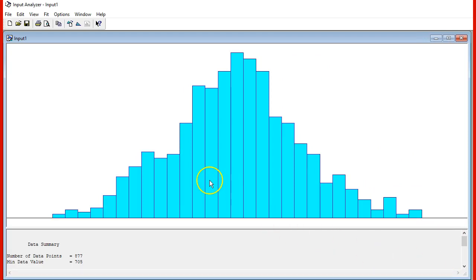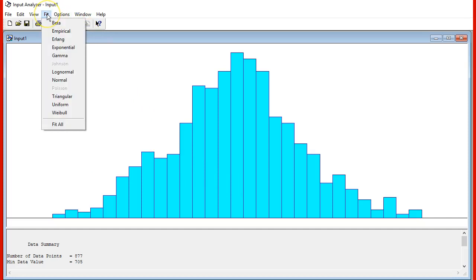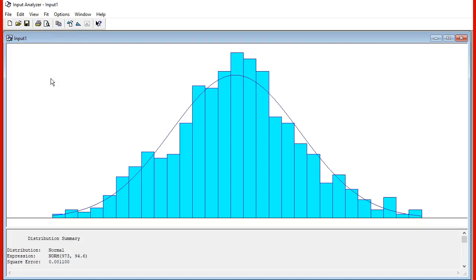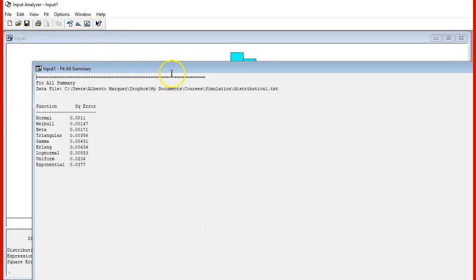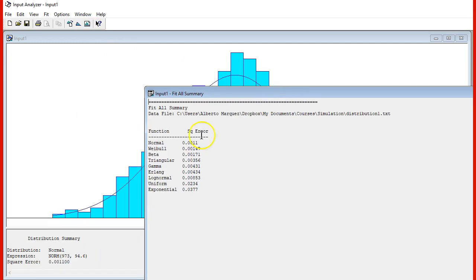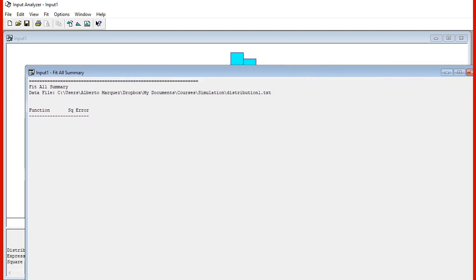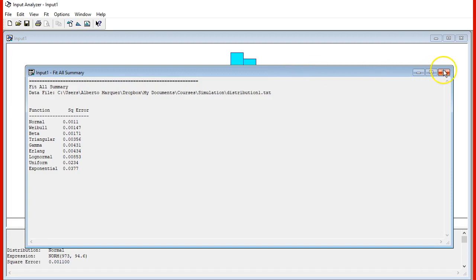From here, it's very easy to compute the test that we want. We can test one in particular. For instance, we can test the normal, and it yields the parameters that describe this distribution. But we can try all these distributions and see what is the report. Right now, the optimal is the normal distribution, but we can generate a summary for all the others, and you can see how it generates based on the squared error of all the options, selecting the normal as the one with the smallest error. So that's very powerful, and it's running both the Kolmogorov and the chi-square tests